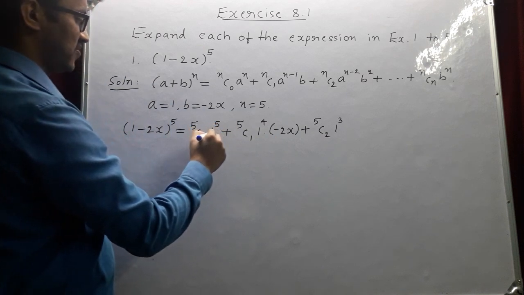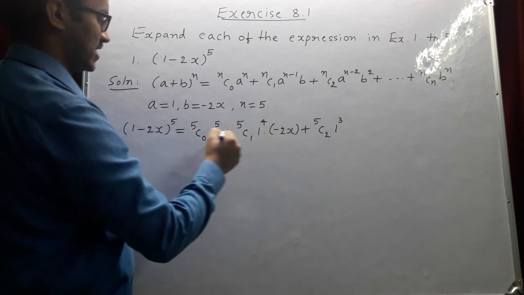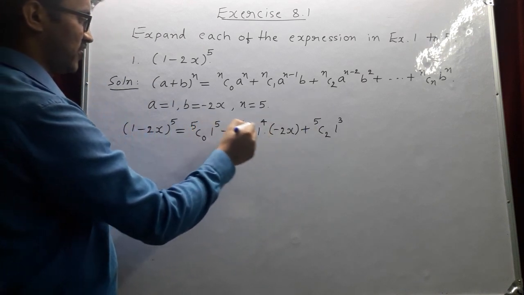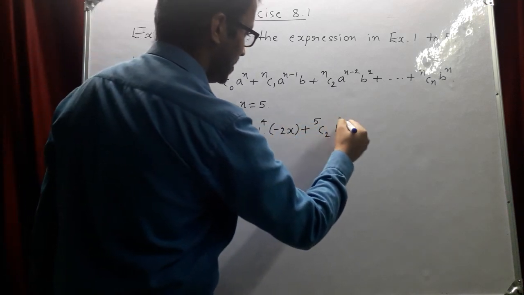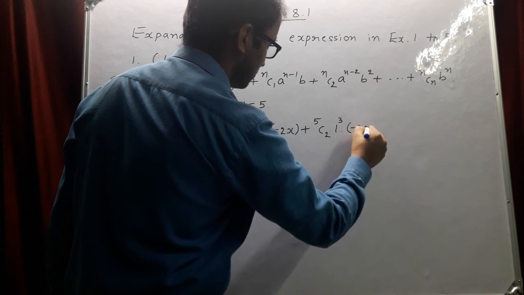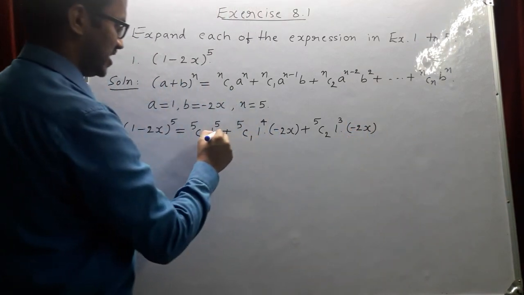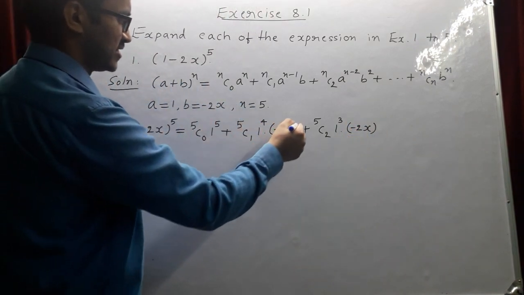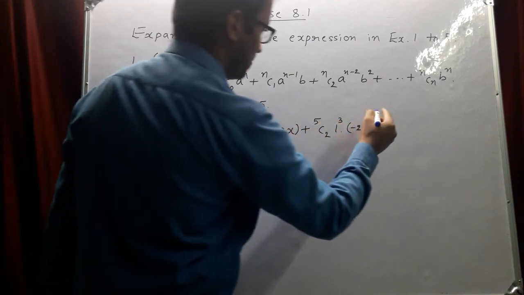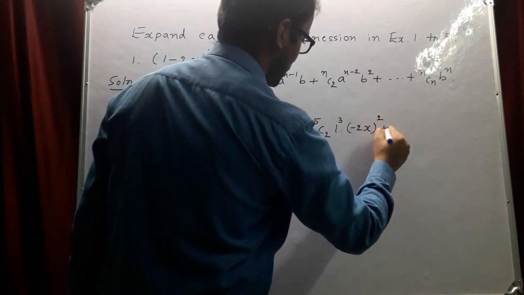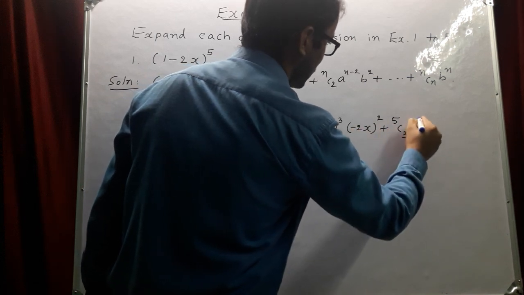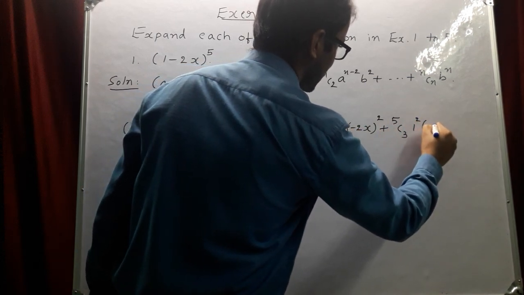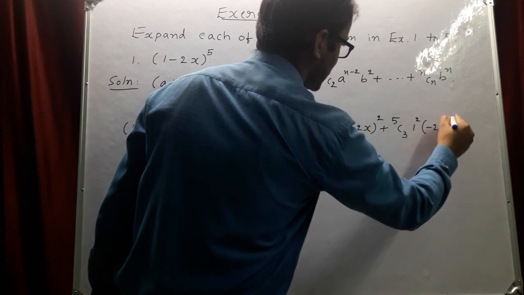See here, powers of a go on decreasing: here a means 1, 1 power 5, 1 power 4, 1 cube. The powers of b go on increasing: minus 2x power 0, minus 2x power 1, minus 2x square, plus 5C3, 1 square, minus 2x cube,